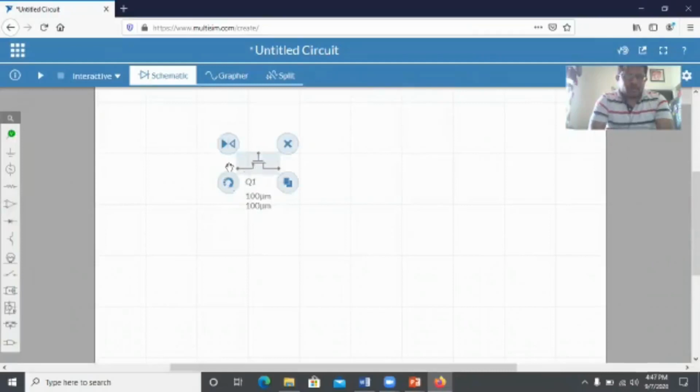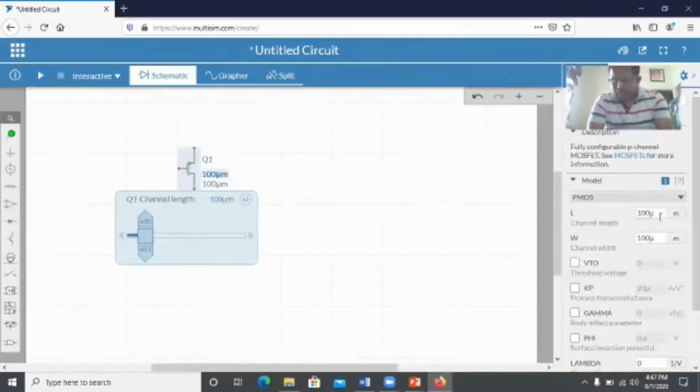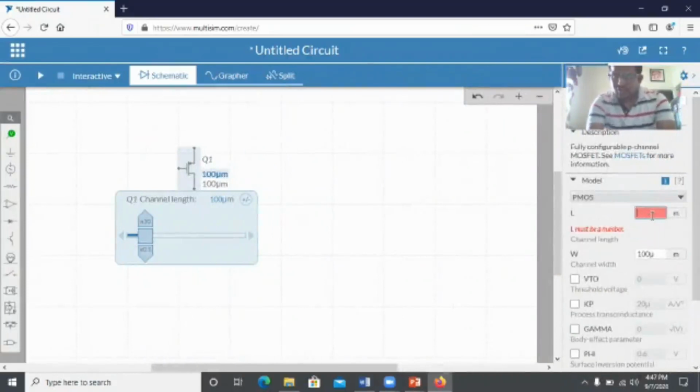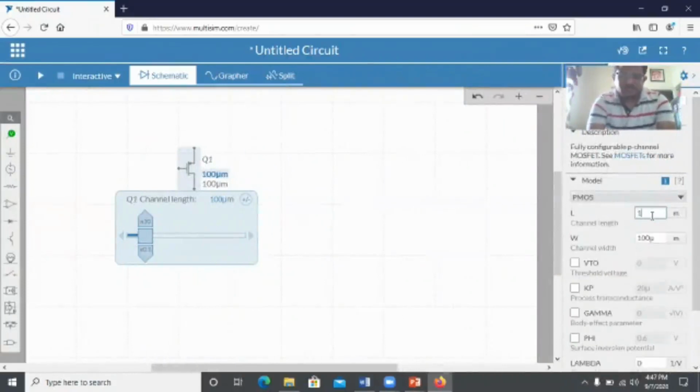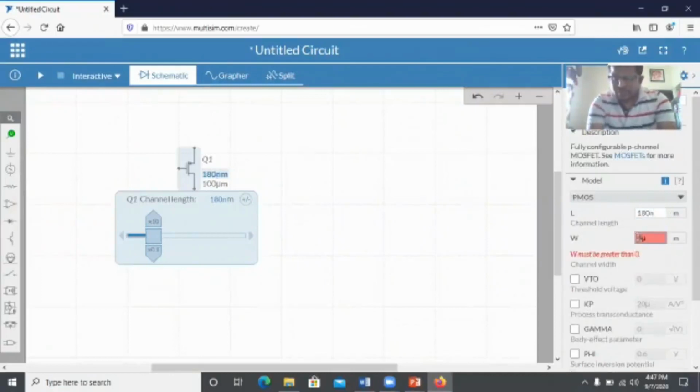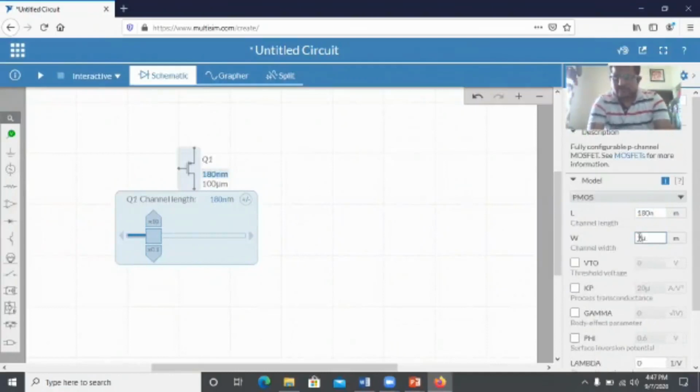You can rotate using this button. If you press that, it will be rotated. So then I'll turn it like this. We are working on 180 nanometer technology, so that's why I'll change the length to 180 nanometer. 180 n, if you give, it's sufficient. Then I'll choose 2 micrometer width.